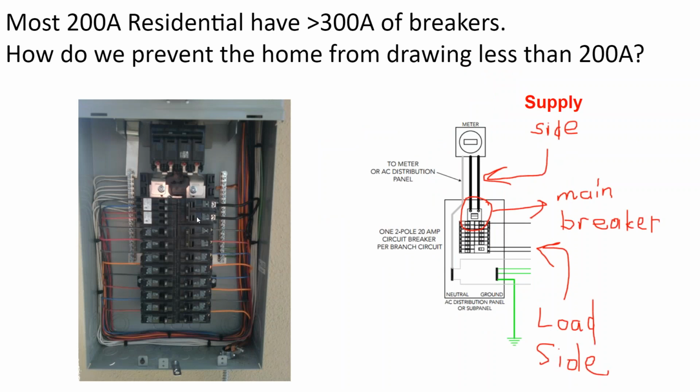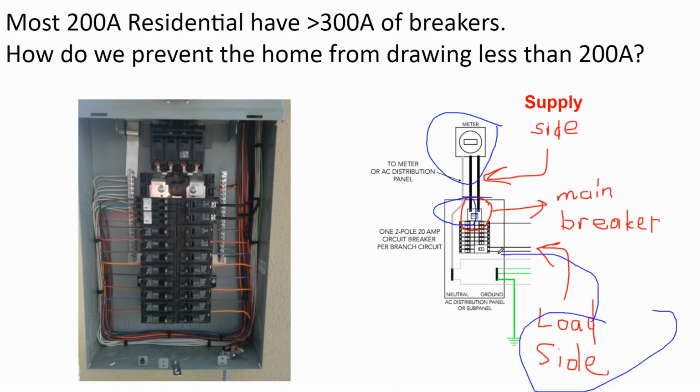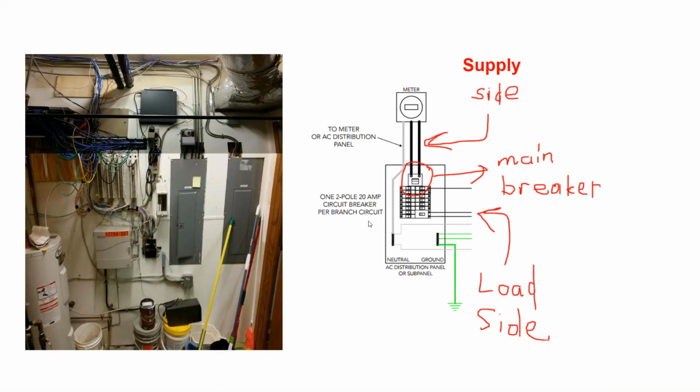And so what I'm saying is there's a couple of different ways to interconnect an array, whether it's going into the supply side between the meter and the main breaker, or the solar side between the load side and the bottom of the bus bar. We talk about these in our design classes, and when to use a supply side connection and when to use a